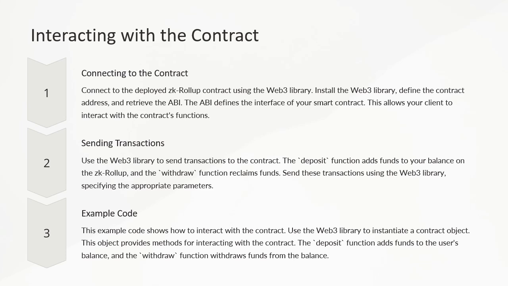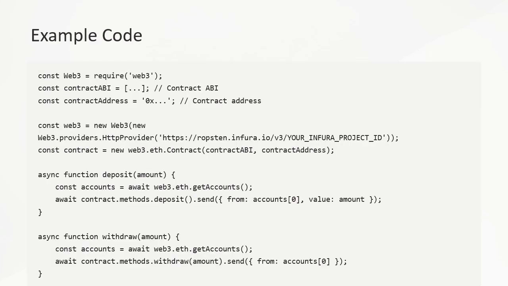To interact with the deployed contract, connect to it using the Web3 library. Here's a simple example of connecting, depositing, and withdrawing funds. This involves installing Web3, defining the contract ABI and address, and using Web3 methods to send transactions. Now we'll look at the example code I'm talking about. So this is the example code for this function. Using Web3, we can create two asynchronous functions, which are deposit and withdraw, and we can do the ABI